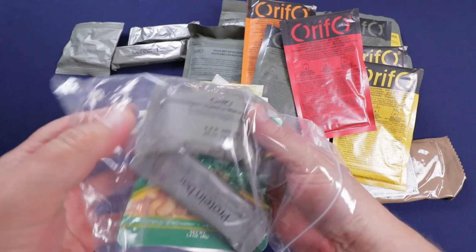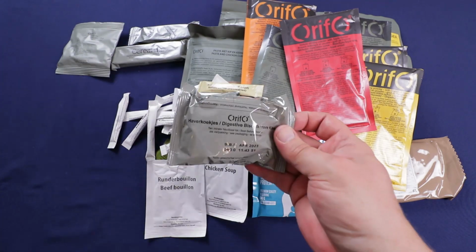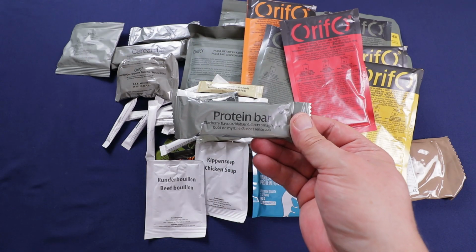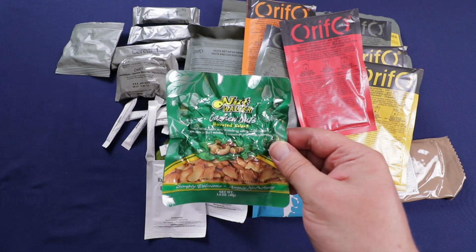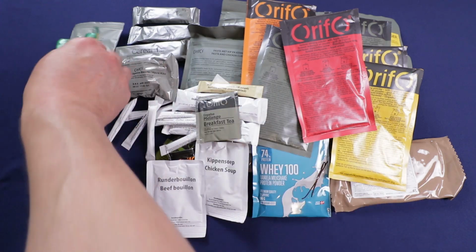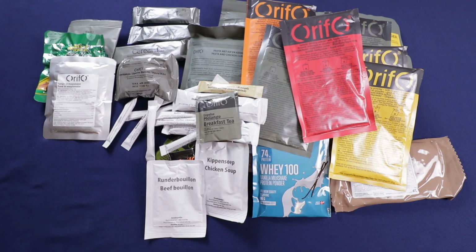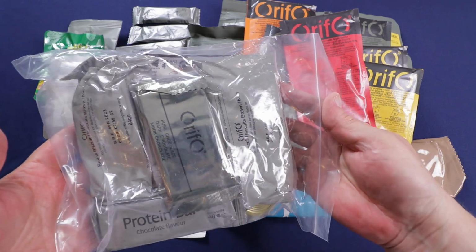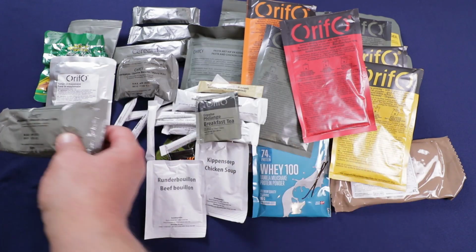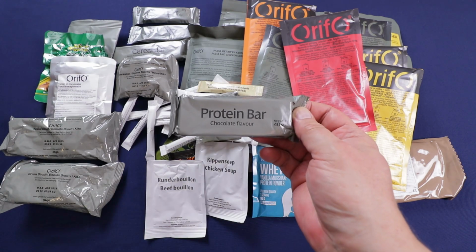And for our third sealed bag, which looks like we got more snacks, got a packet of digestive biscuits, a blueberry flavored protein bar, a packet of Nut Walker roasted and salted cashew nuts, and a packet of tuna and mayonnaise. And our fourth and last sealed pouch, a packet of Biscuits Brown, 2 packs of Biscuits Brown, a chocolate protein bar,